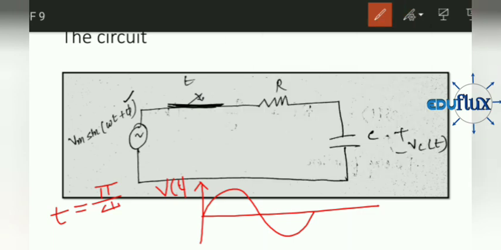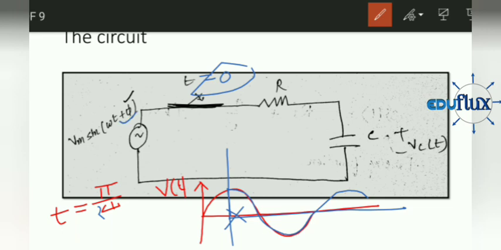Then what is happening here? Then it will start at, say, pi by 2 omega. So it will start at this point, pi by 2. So it will go like this. So if we close it now, this is time t is equal to 0. So that we can analyze from time t is equal to 0, we can shift this axis to this point. Therefore we are taking here as phi.